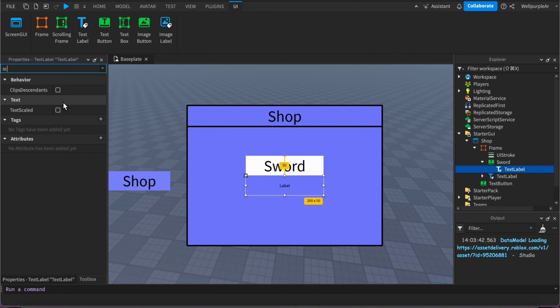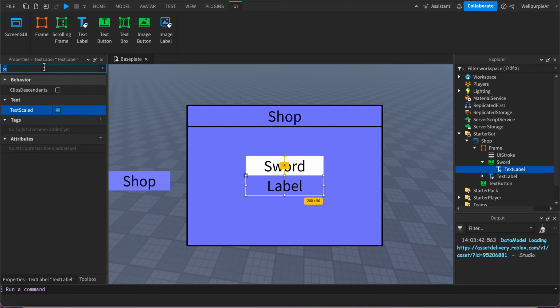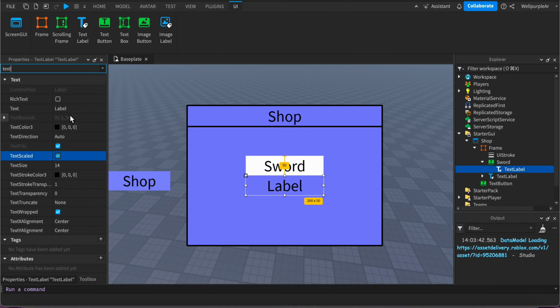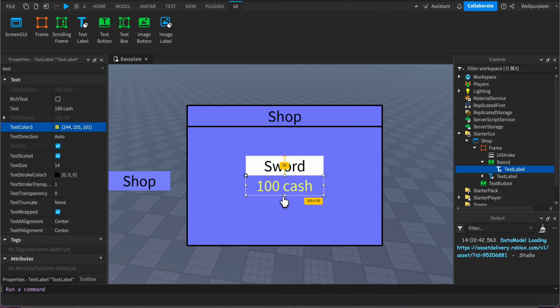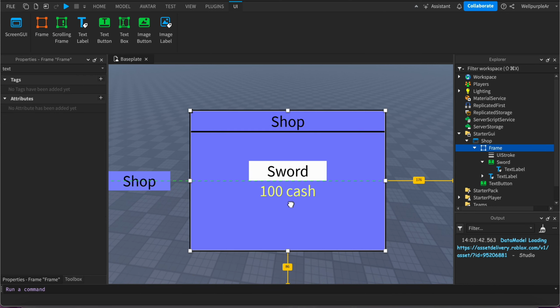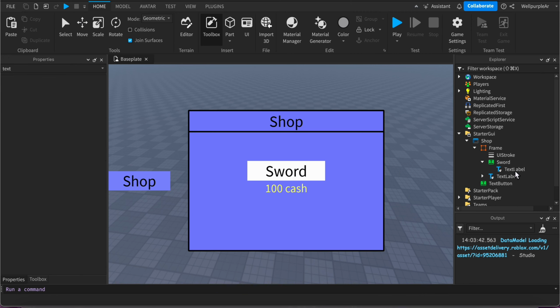We're going to scale it, and we're going to do text how much we want this to be equal to. We want this to be equal to 100 cash, and let's just color this yellow. So now that we know that the sword costs 100 cash, if you want you can even add an image